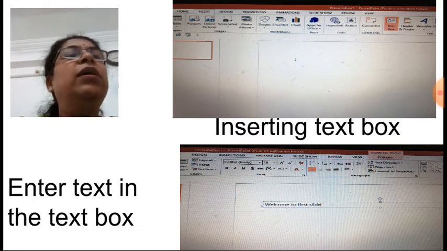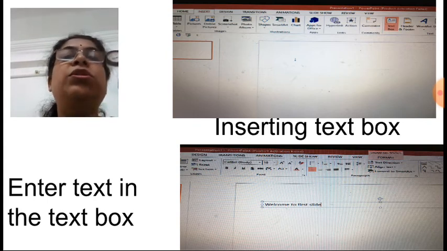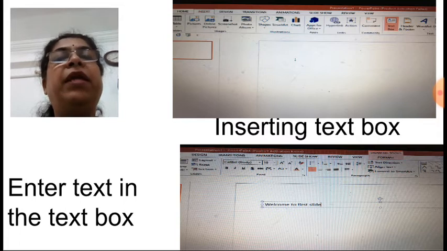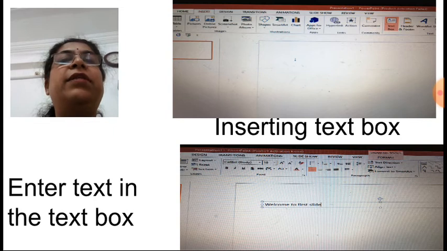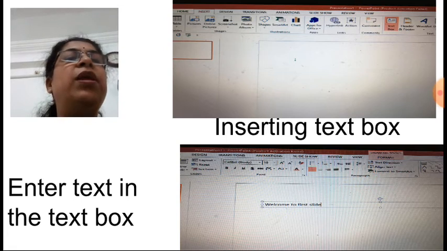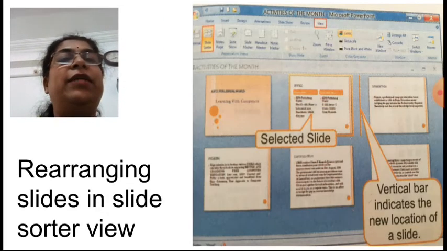There click on the text box option, and place your cursor in the slide and drag it. A rectangular, dotted rectangular box will come, and the cursor is placed there. There you have to type the text and it will get adjusted according to the place in the text box. Okay, like this you can enter the additional text.